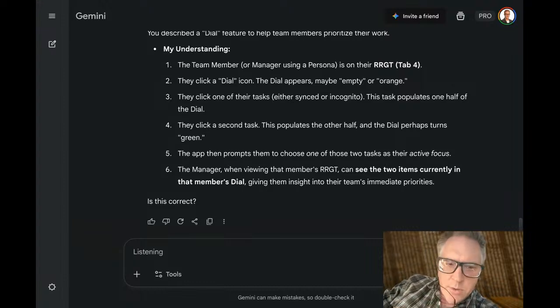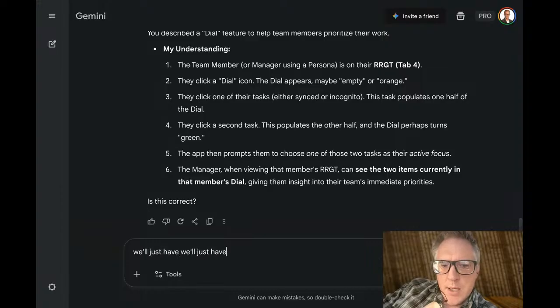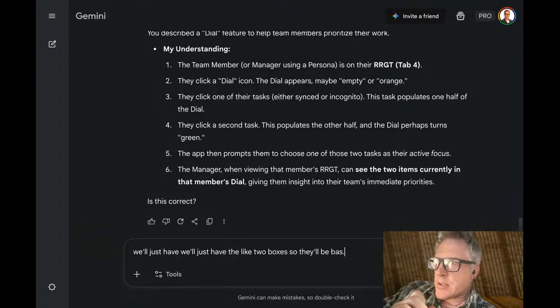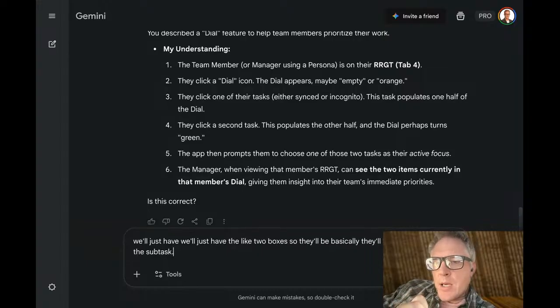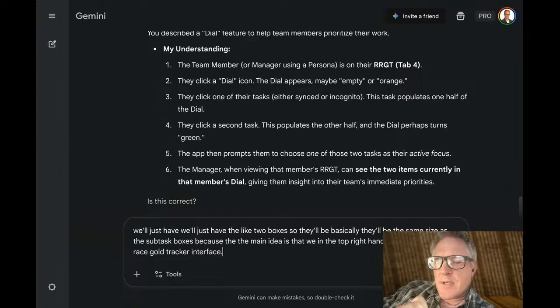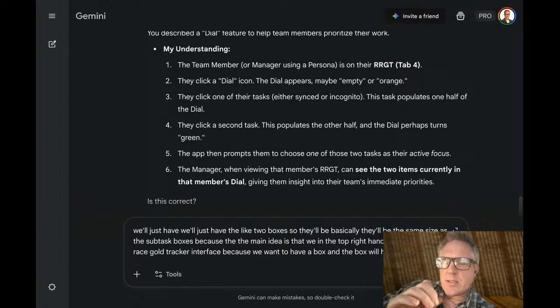Yeah, maybe what we could do is, rather than a dial, we'll just have two boxes. They'll be the same size as the subtask boxes. Because the main idea is that in the top right hand corner of the Rabbit Race Goal Tracker interface, we want to have a box, and the box will have two halves. The two halves and the box itself are going to be the same size as two of the subtask boxes